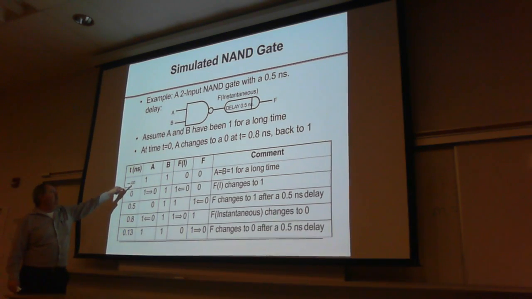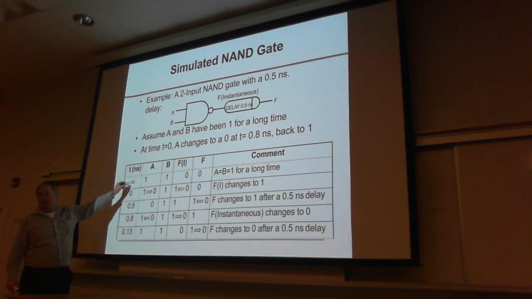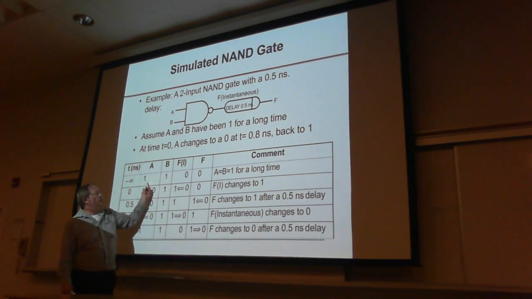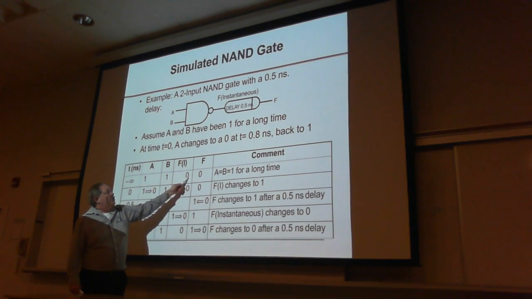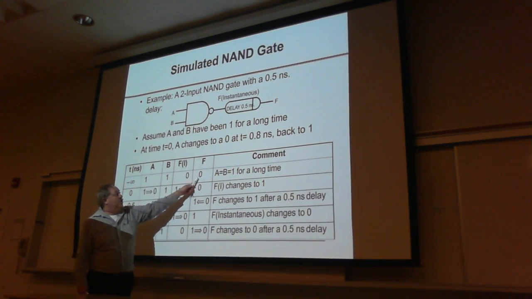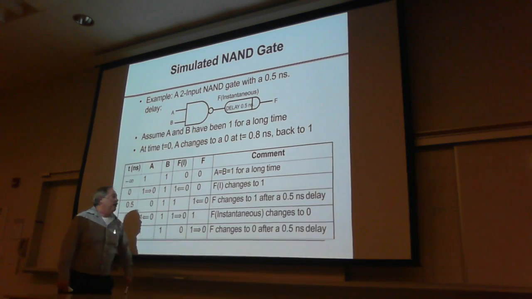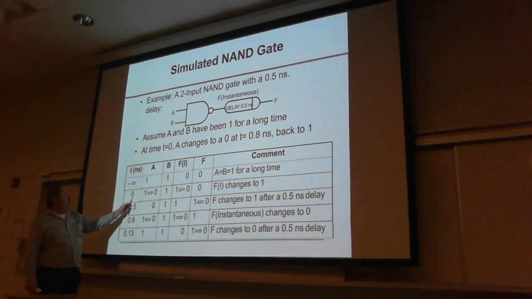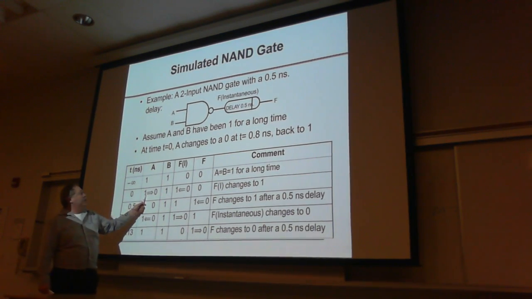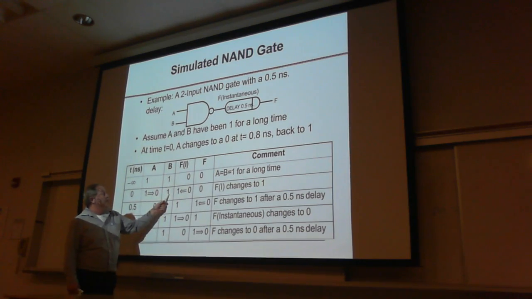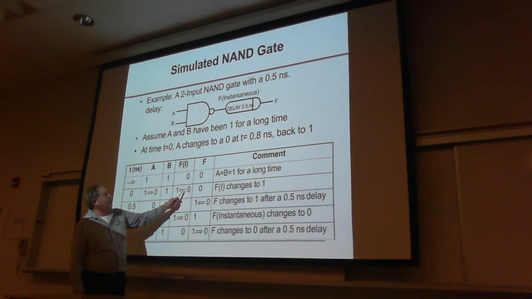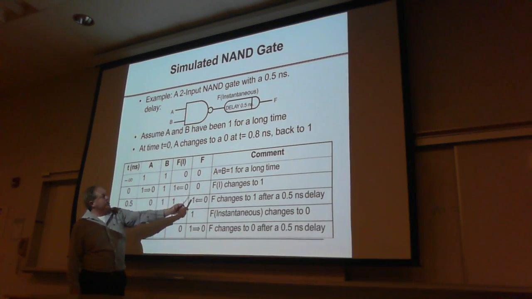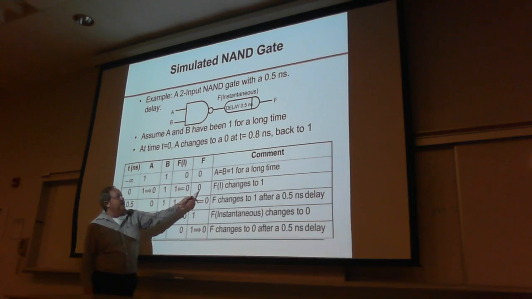At time in negative infinity, that's that smaller than zero thing I was talking about, right? So all the way up until time zero, I had my inputs of A and B, 1 and 1, which said that the instantaneous F was 0 and F was 1, okay? That was our going-in initialization condition. But then at time equals 0, A changed to 0, B still stayed at 1. What happened? F instantaneously went from 0 to 1,